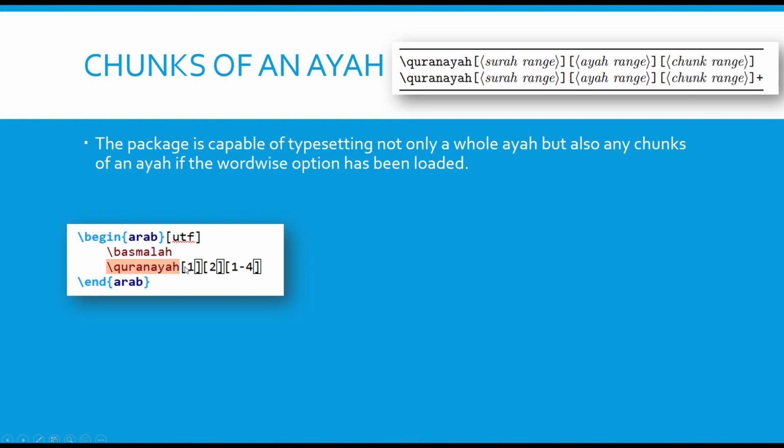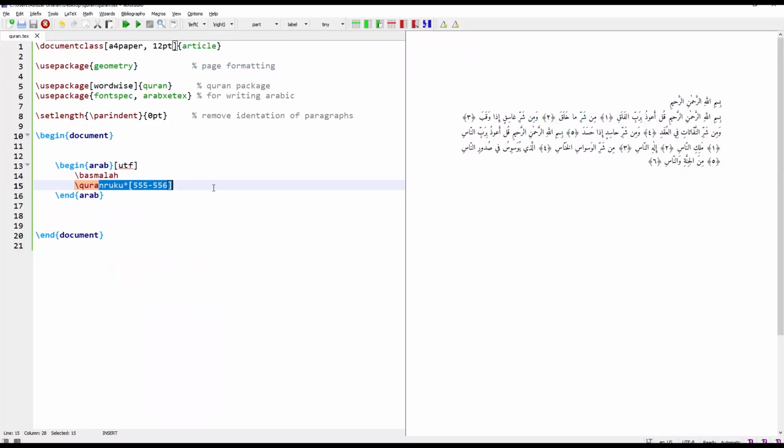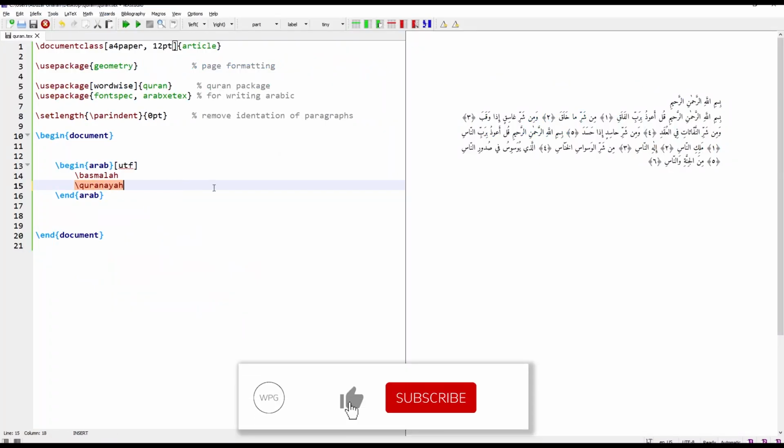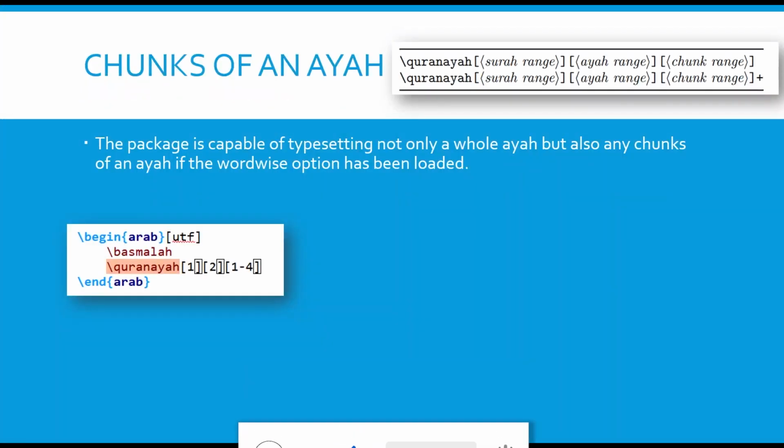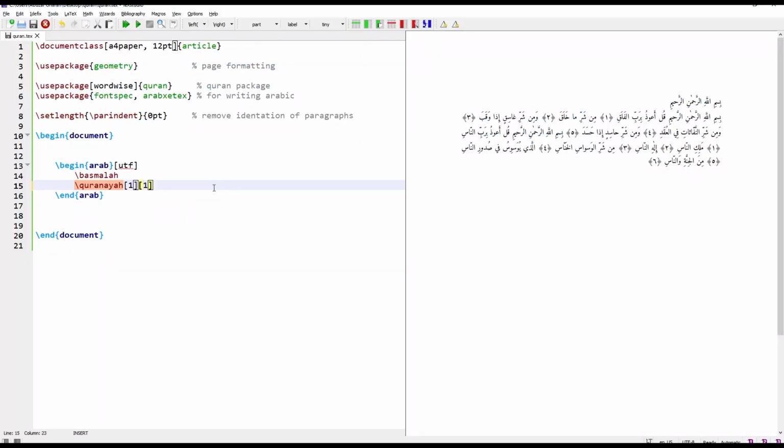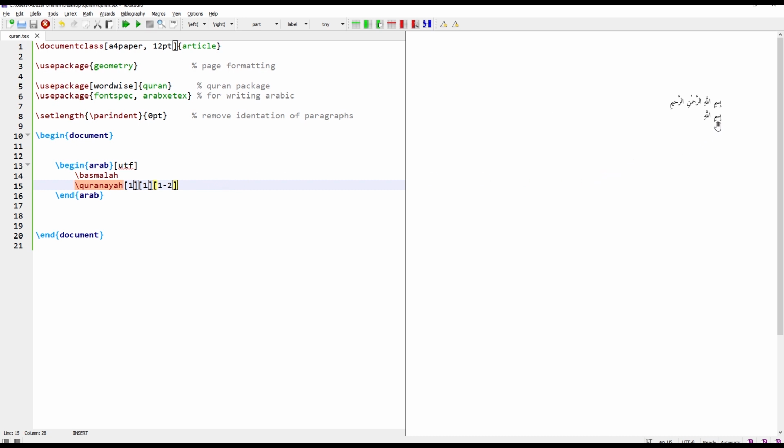For example, Quran ayah, surah number 1, ayah range 1, and the chunk range is 1 to 2. The first two words or chunk of the first ayah is Bismillah.